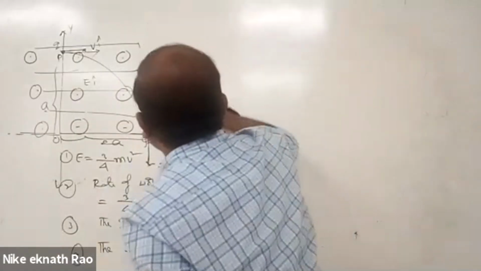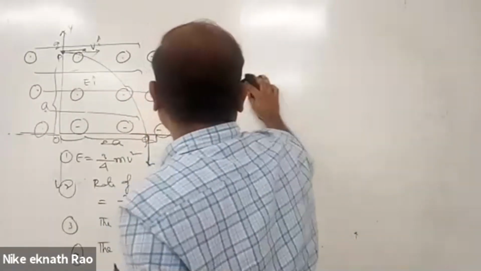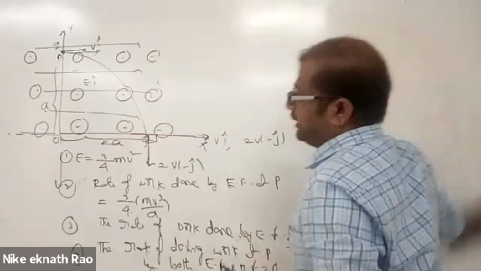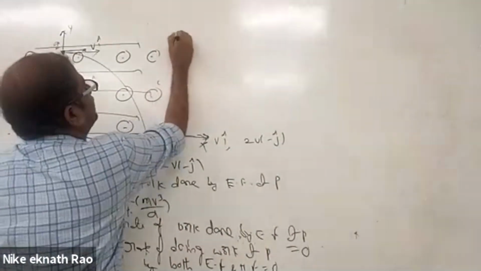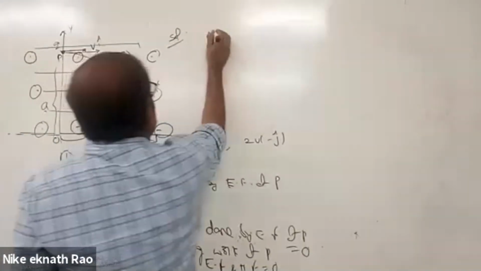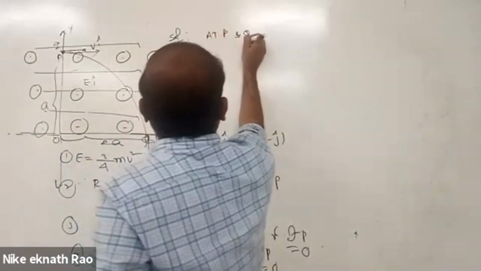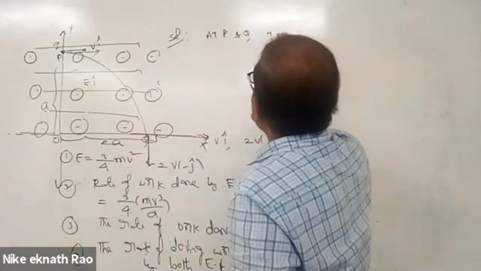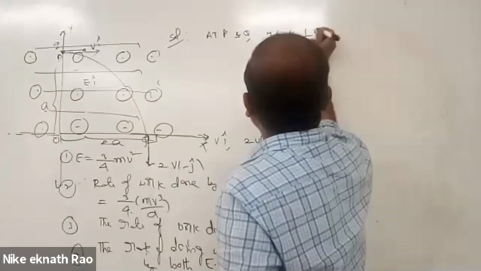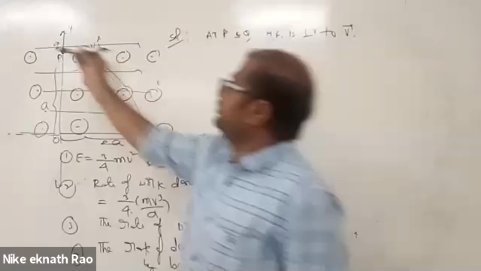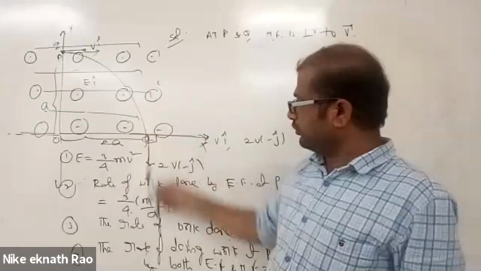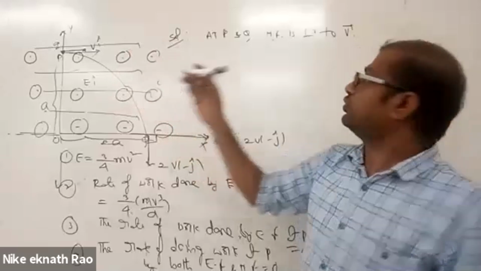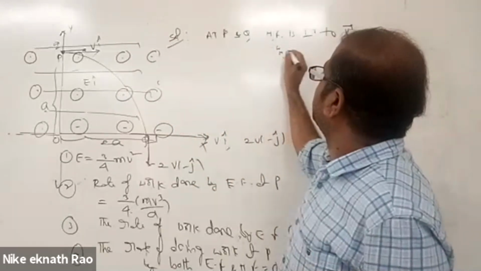Now the electric field is along the x-axis and the magnetic field is along the positive z direction. Before the first question, let us consider some conclusions. At P and Q, the magnetic field is perpendicular to the velocity. At P the velocity is like this, and at Q the velocity is downward, so the magnetic field is perpendicular in both cases. So the work done by the magnetic field